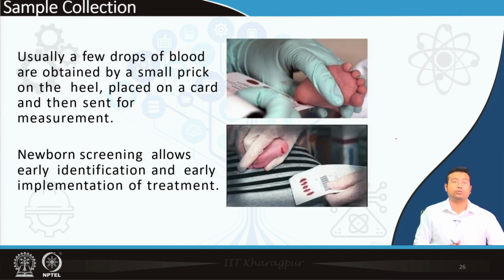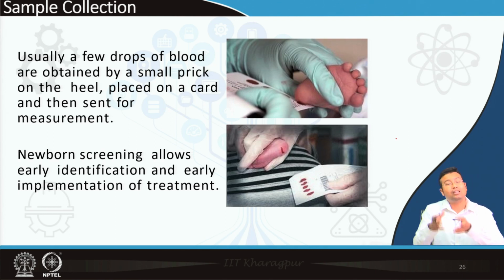So, how is a sample collected in those small babies, because these are all inborn errors of metabolism, right. Neonates, small babies, are the patients from whom samples need to be collected. So, basically a few drops of blood are obtained by heel prick, alright, and these are soaked on cards. Customized cards are available which can be used for collection. We can either collect blood in blotting paper, or cards are available in which the blood is soaked, and then these cards are sent to the lab for our newborn